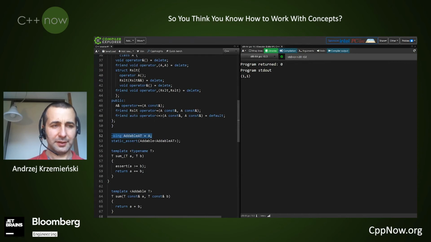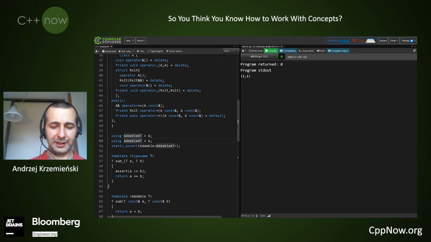And now we should do the same here. Ordered addable archetype. And let's check if this is really an archetype.